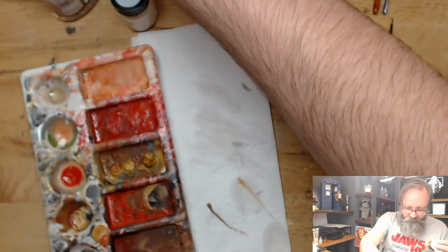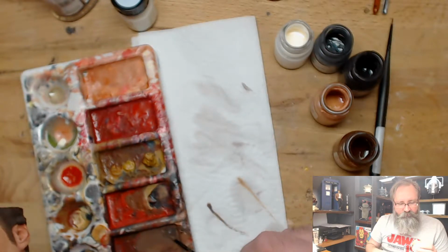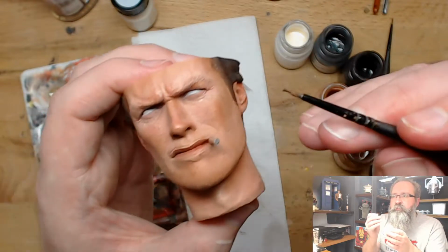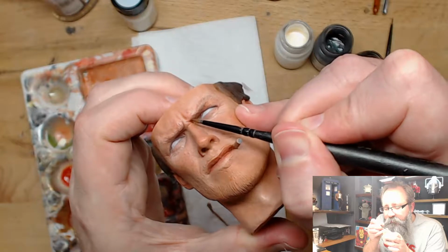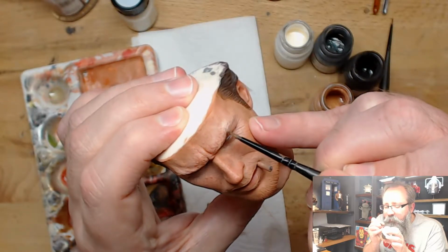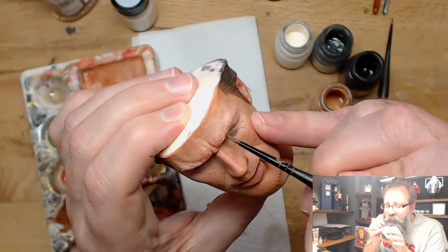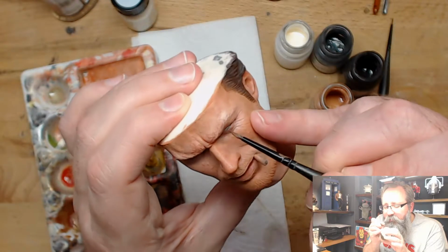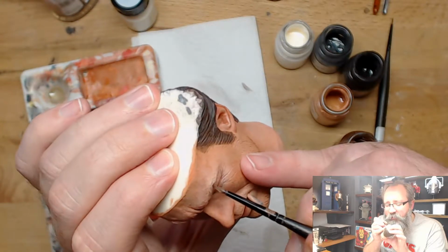In fact, while I've got that colour, let me thin it down a bit. I'm just going to put a wash of that colour on the eyebrows. I'm just going to follow where they're sculpted, because they're pretty accurate, so I don't need to do